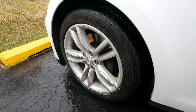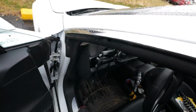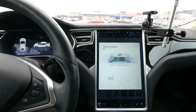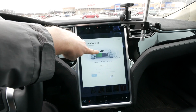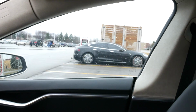All right, summer tires are back on. So time for test number 2. First things first, now we charge up a little bit. Make sure the battery's in prime condition, so I'll probably just go up to 50%, maybe 51, and then head out. So here at the supercharger, there's a black